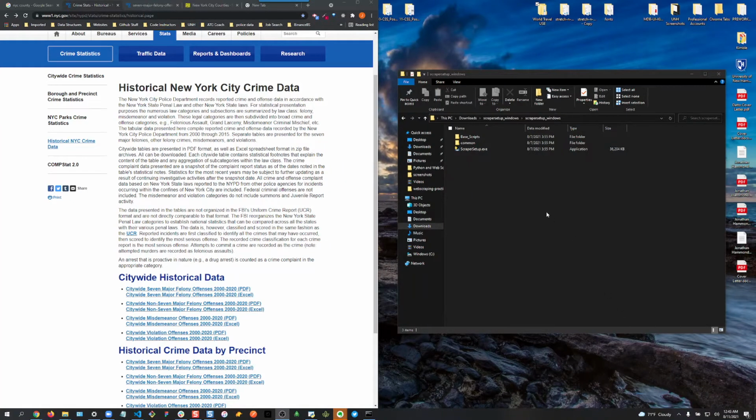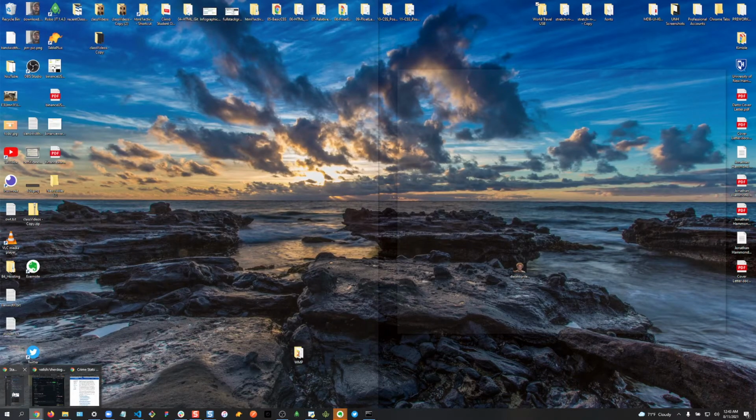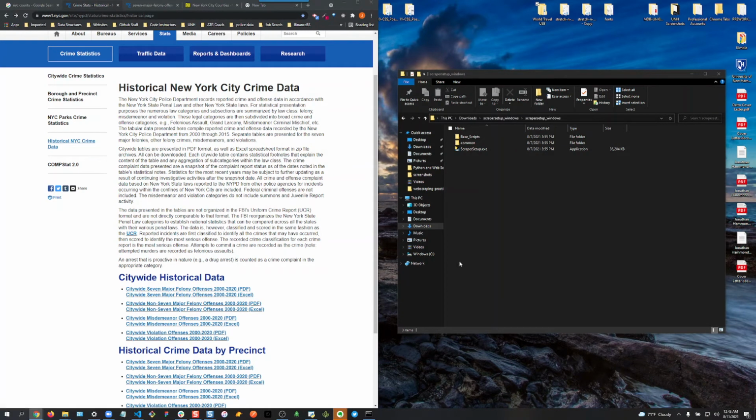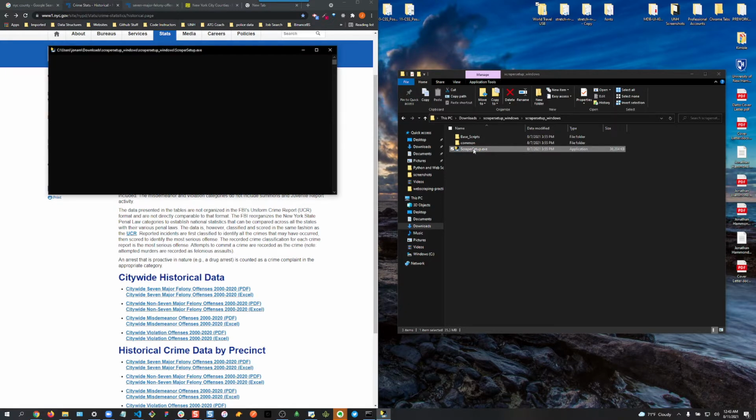So this is just a quick tutorial on how we're going to open up the scraper GUI. At this point, you would already have downloaded the scraper, and if you have any questions on that, just reach out to Stabs or I. You click on the scraper setup. This opens up the GUI,